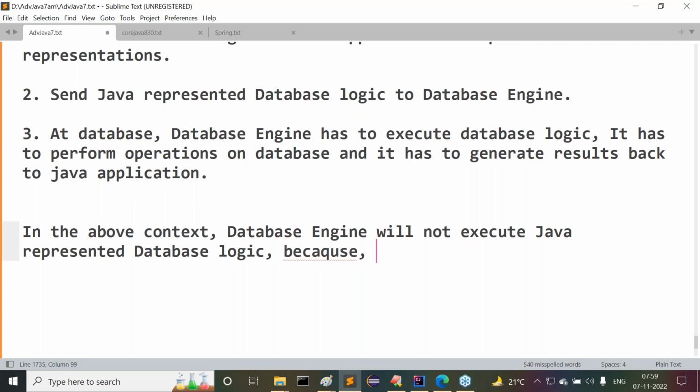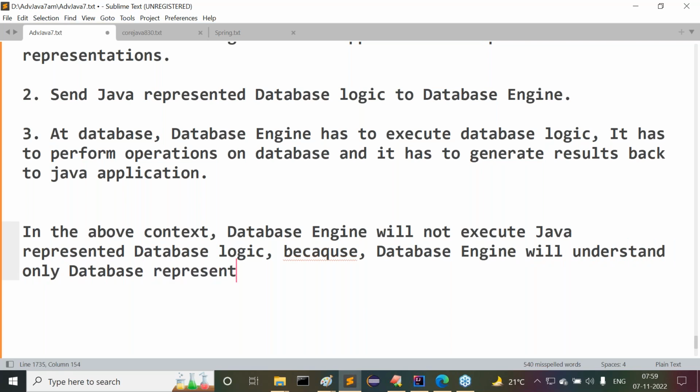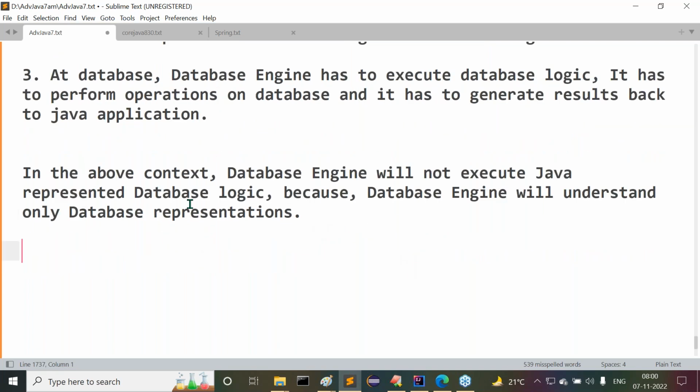Why? Because the database engine will understand only database representations. It will understand only what they know, database representations. Understand this clearly what I'm telling there. Fine, sir. Next one in the above context: